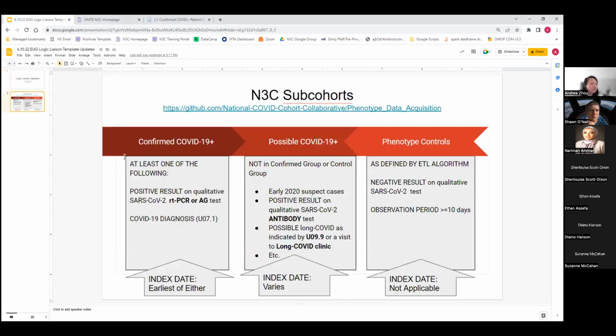And so if we look at this slide, that's actually this group on the left-hand side here. And they have this special index date, which we are using the earliest of either their test result or their COVID-19 diagnosis as their index date, and deriving a bunch of variables based